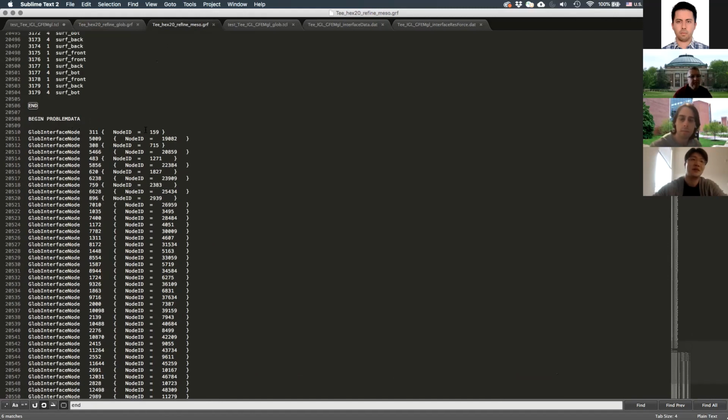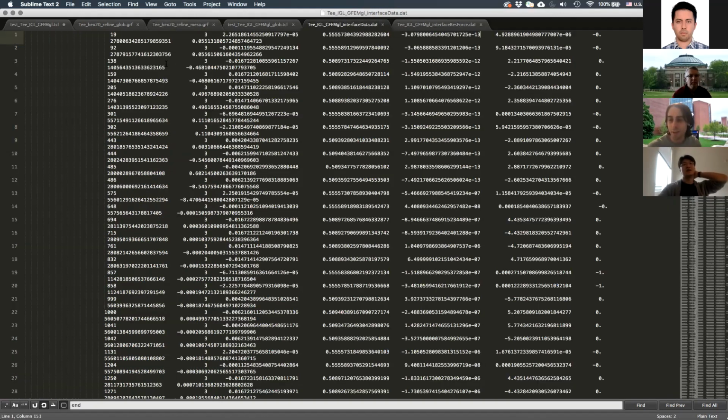So there's 311 corresponding to global node 159. If they are the inverse, why do you need to set both? Because it's different instances of ISET running. The mesoscale T cell doesn't know the global model, and the global model doesn't know the mesoscale model. The only data in transfer is this .dat file, and this .dat file,